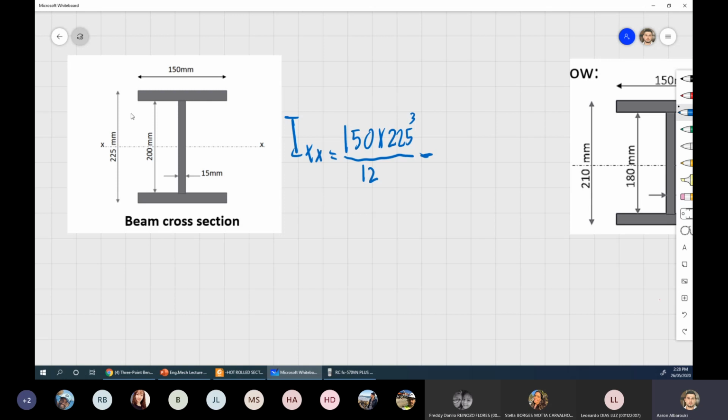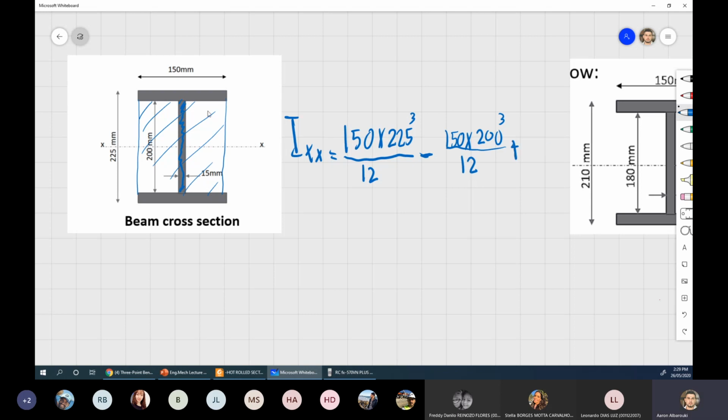So the large shape minus all of this shape, all of this together, which is minus 150 multiplied by 200 cubed on 12,